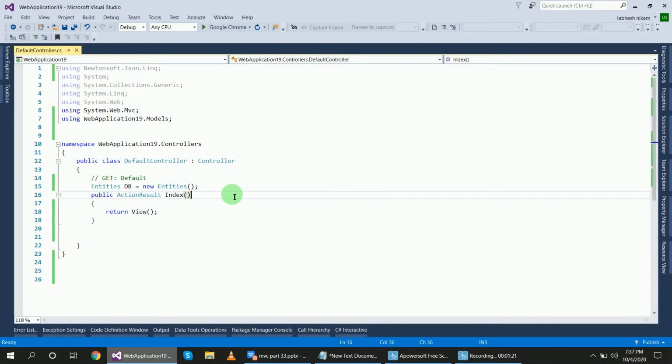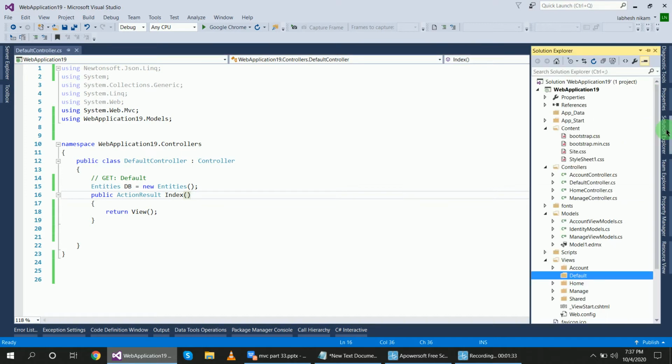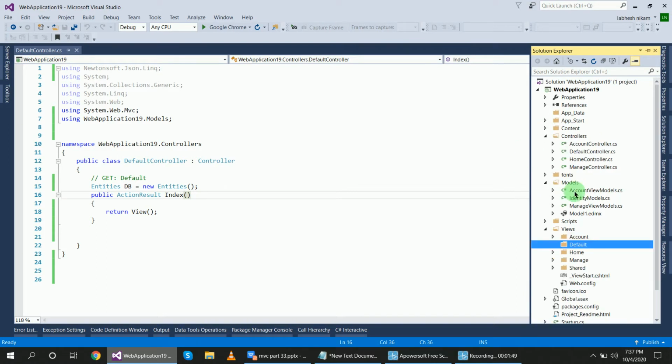Here I have one Index method inside of my default controller. I want to display one text box and one drop-down list. For the drop-down list I will take data from the tblDepartment table, which I was explaining in the last session, and the text box data I will take from the Company class. First I will create the Company class inside of the Models folder.